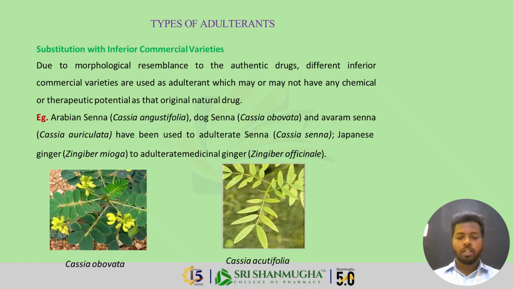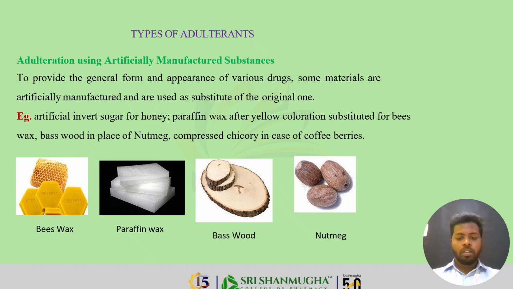Medicinal ginger is Zingiber officinale, but Zingiber mioga is sometimes used as an adulterant. So the drug looks genuine, but the effect is reduced. This type of adulteration is very difficult to detect without proper evaluation. So now let's move on to the